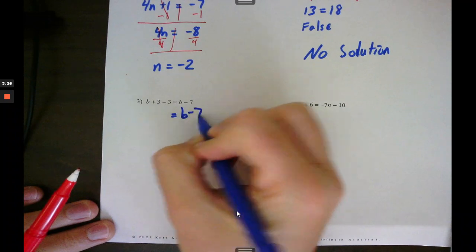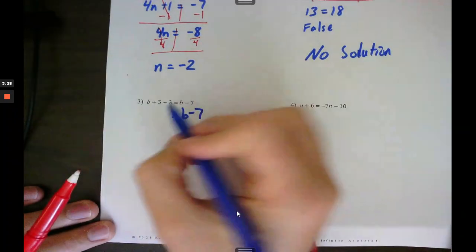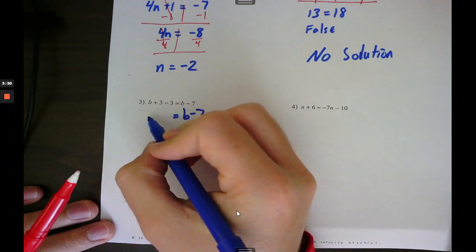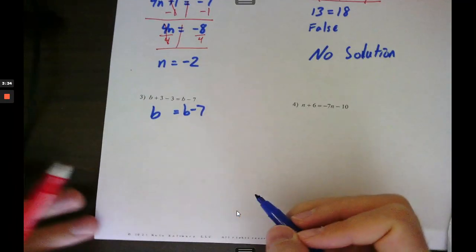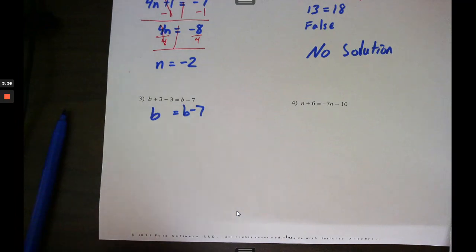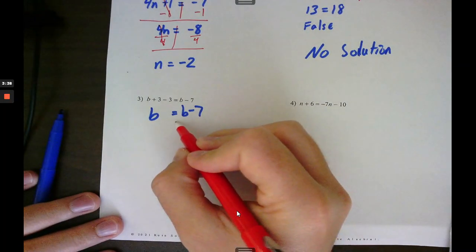Alright, number 3. Look for any like terms. b minus 7 is not going to have any, so it's going to come down. Here I've got 3 minus 3, which is 0. So I end up with b plus 0, or just b. Alright, the next step is to get my b's on the same side. So I'm going to subtract b